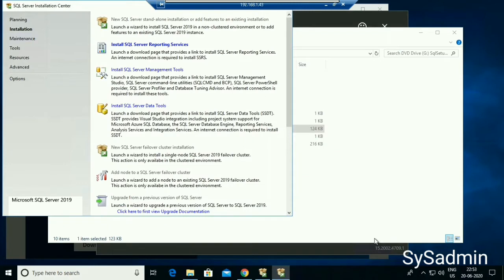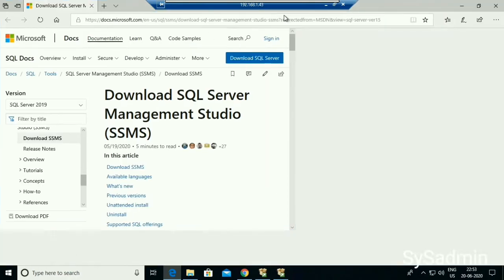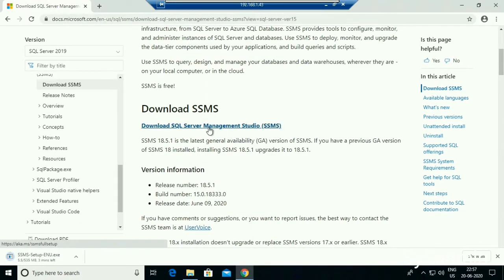We need to install SSMS to connect to SQL Server and explore the full features. To install SSMS, click on Install SQL Server Management tools. Click on Download SQL Server Management Studio and save. It started downloading.